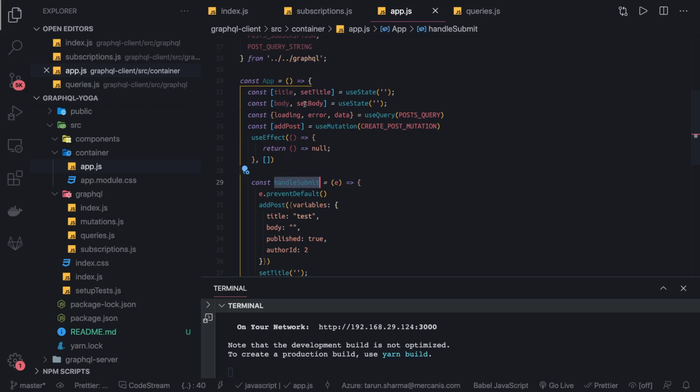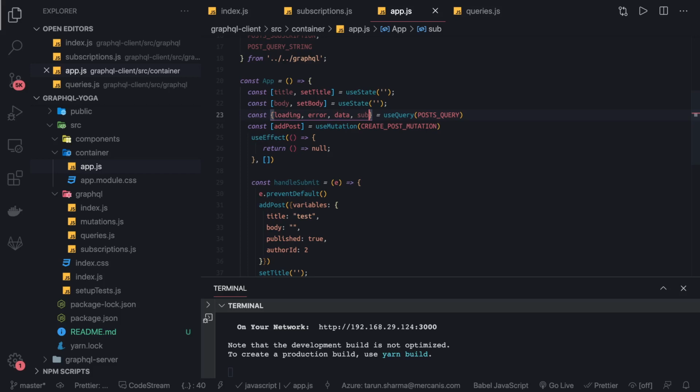Now in the next video we will take a look at the important aspect. Let's say when you are submitting a form, how the form submit is happening, and how we can capture the change happening in the posts using this query only. So as we have seen, there is another argument, subscribeToMore. This is the argument which we can pass, and this will get triggered whenever there is a new post added in the system, right?